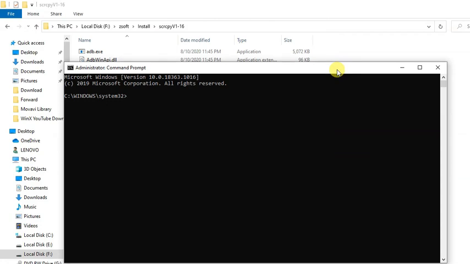Here I'm going to navigate to the location where I have downloaded the scrcpy application. Here we simply need to execute the exe file.